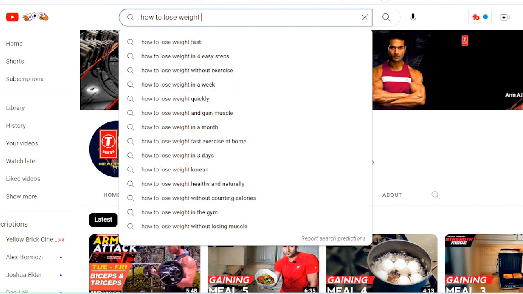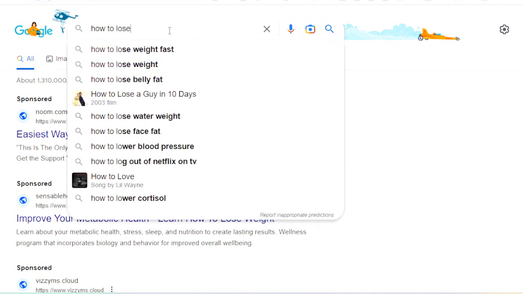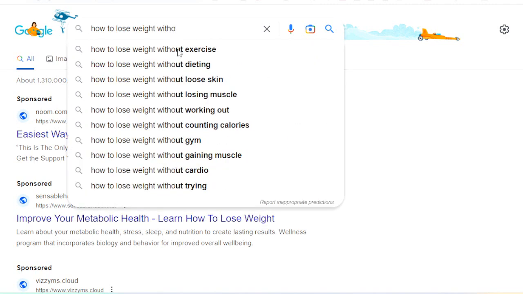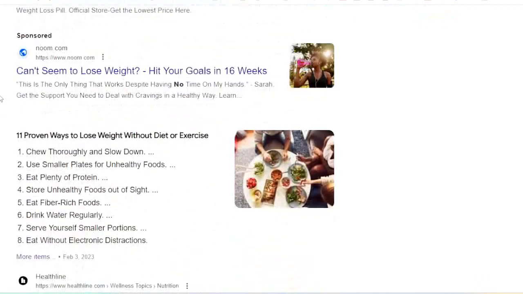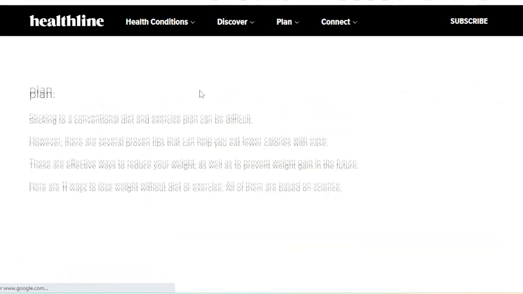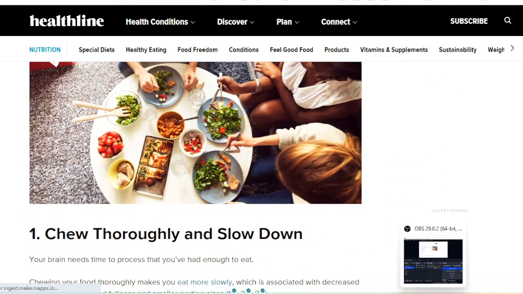Let's say that's the keyword I want to target. Well, what you can do is you can literally go to Google, and I searched a different one, but I could do how to lose weight without exercise, right? That's actually a keyword. I can search that. I can literally find an article, like this one. I can open up this article and then I can literally just read over it, maybe take 5 of the tips in that article, and then I can basically do a video sharing 5 tips to lose weight without exercise. So you're basically finding articles and you're just making that in video form.